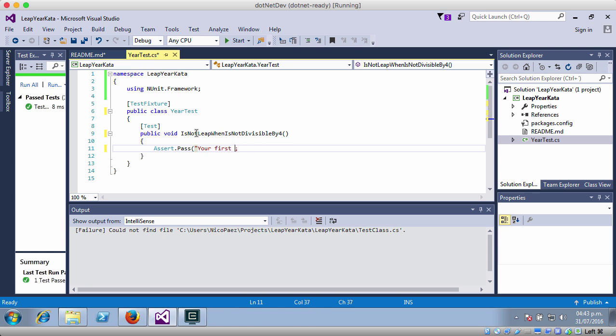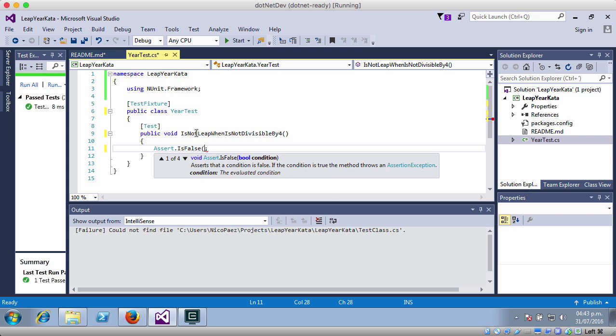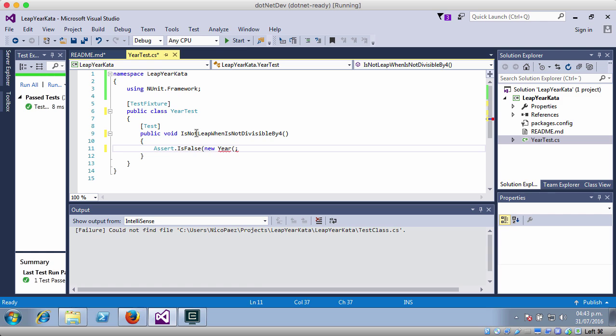So let's write the test. So I create a new year, let's say 2001. That is one case that is not divisible by 4. And when I ask isLeap, well, I should get false, right? Of course,